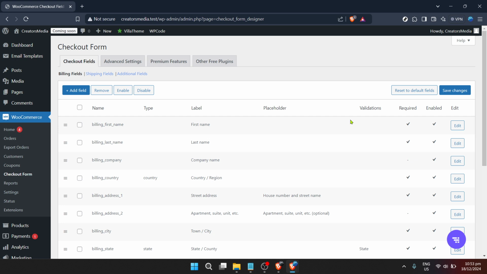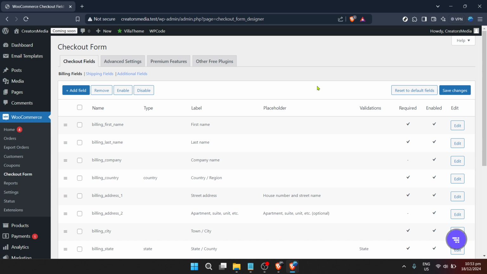With your newly customized billing fields, you're one step closer to achieving that goal, setting the stage for increased customer satisfaction and ultimately a flourishing online business. And there you have it, a step-by-step guide on how to edit WooCommerce billing fields directly from your WordPress dashboard. It's amazing what a significant impact such a seemingly small adjustment can have on your e-commerce site.